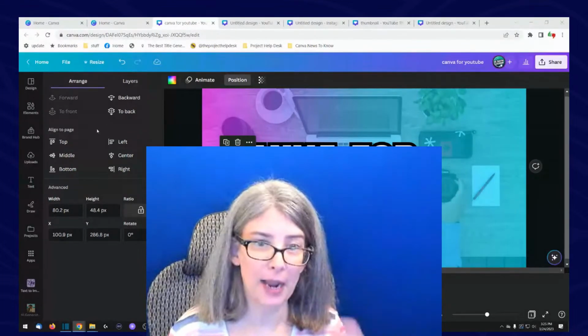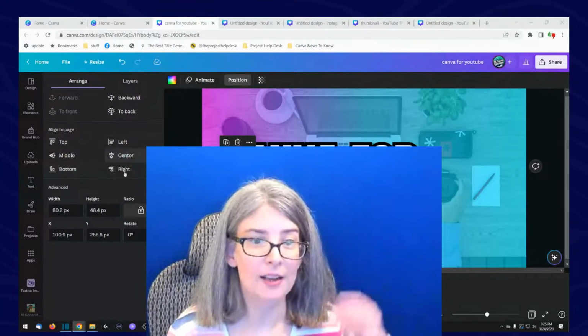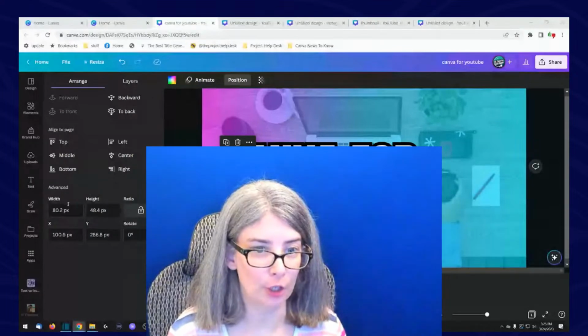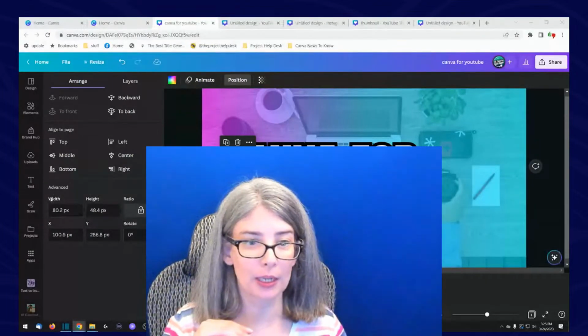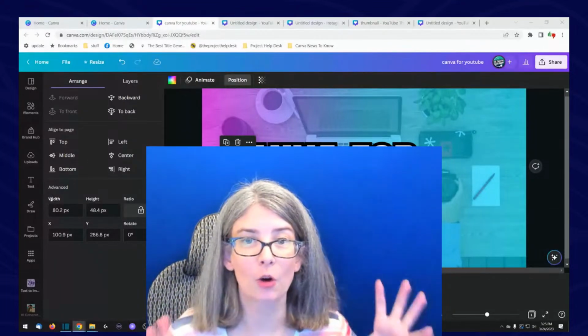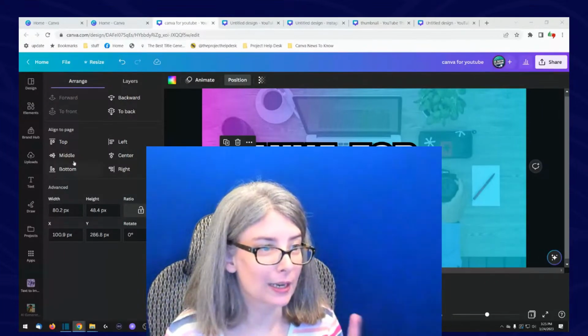Forward to the front, backwards to the back, top, middle, bottom, left, center, right. Now there is an advanced feature where you can put in the width, the height. You can put in where you want it on your screen. You can even add a specific number for rotation. But right next to it